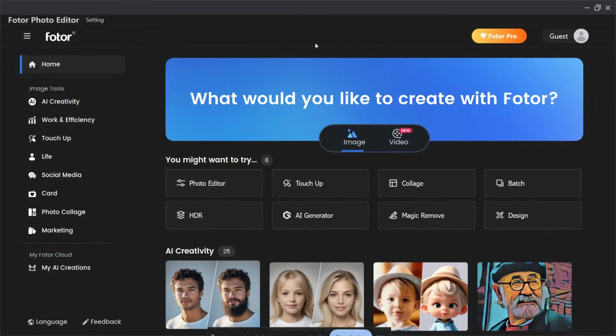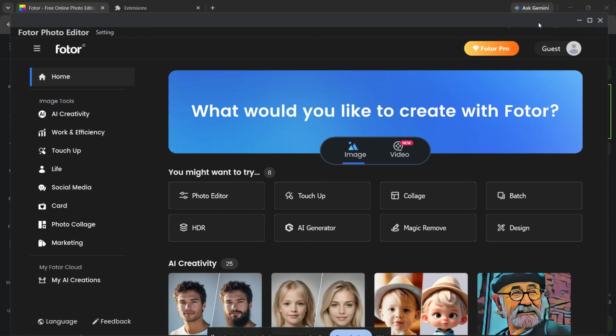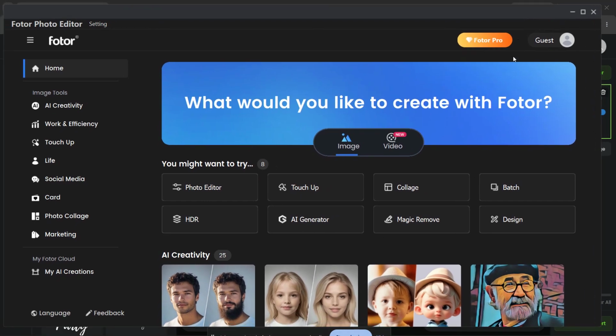If Fotor keeps crashing on startup, freezing, or closing right after you open it, don't worry. In this video, I'm going to walk you through the most effective fixes step by step so you can get Fotor working again without guessing. These methods cover the most common causes, including background processes, corrupted cache files, graphics conflicts, permission issues, VPN problems, and